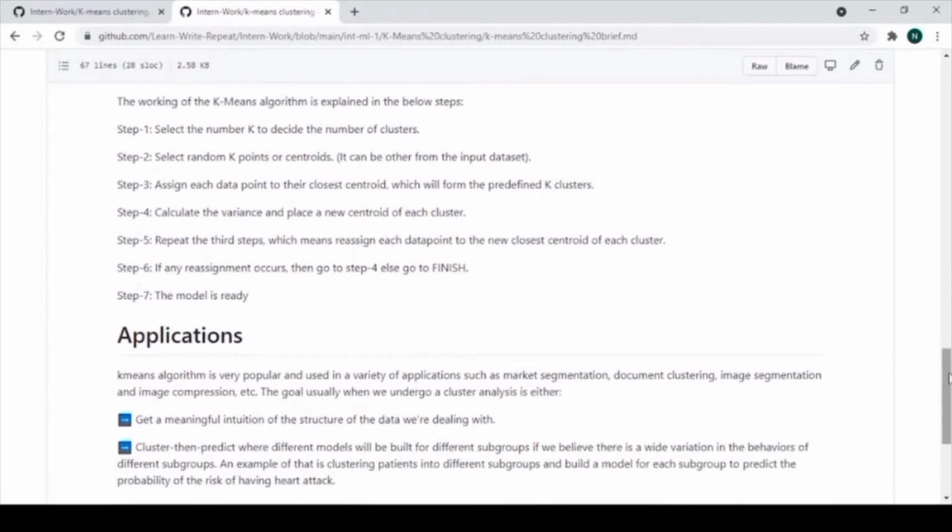Now coming to the applications, the K-means algorithm is very popular and is widely used in various applications such as document clustering, image segmentation, image compression, and market segmentation.